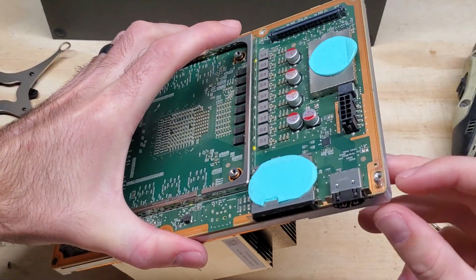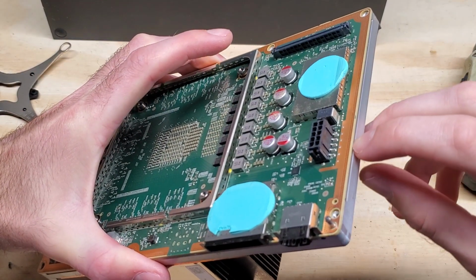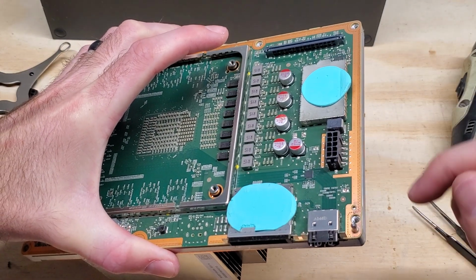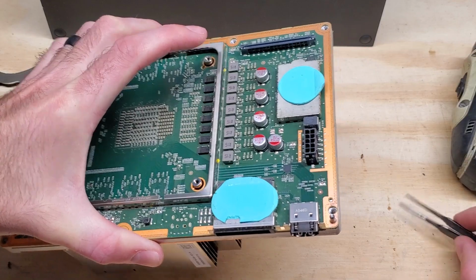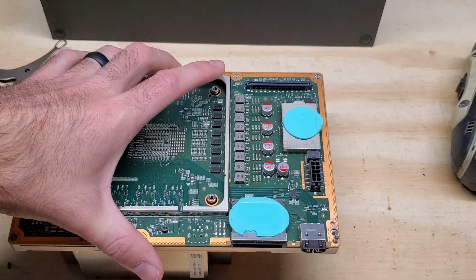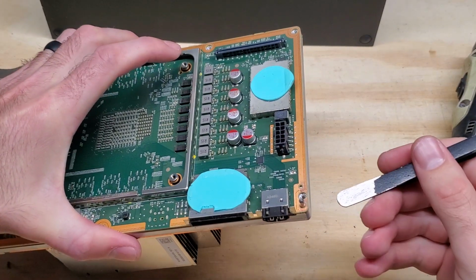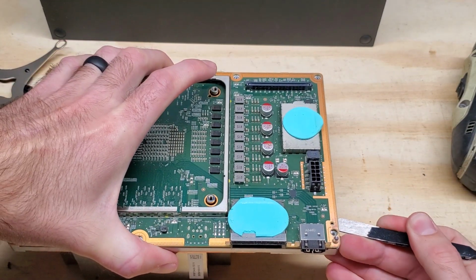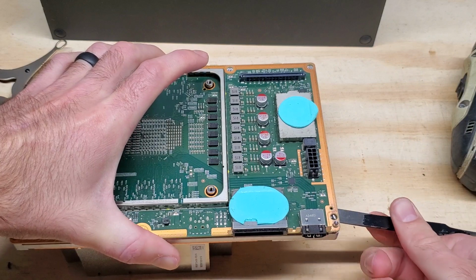For removing this bottom board here, we're just going to slide our tweezers underneath here and pry up. You want to make sure that you don't stick it too far into the green part of the board, because that will, there's a cockroach right there. Hang on. Alright, now that nasty thing has been deleted from existence,